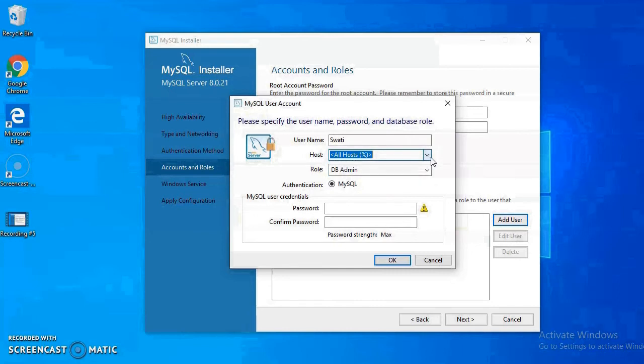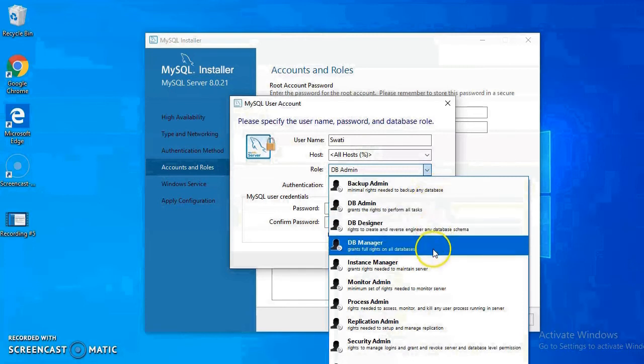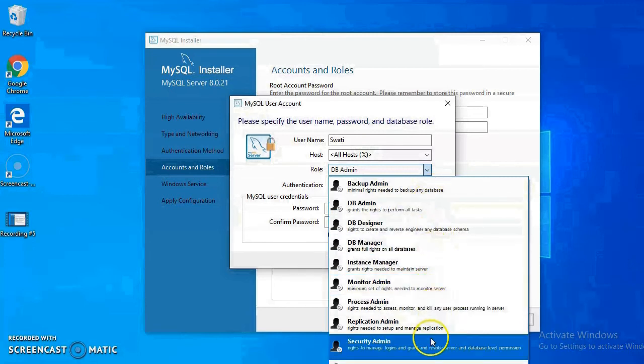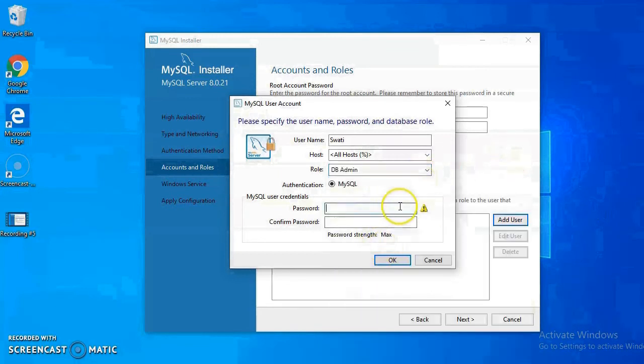Then the admin role the user is playing. So I am selecting the DB Admin role. You can see multiple roles over here. Depending upon your development work, you can select the role. I want it for development purpose, so I will use DB Admin.